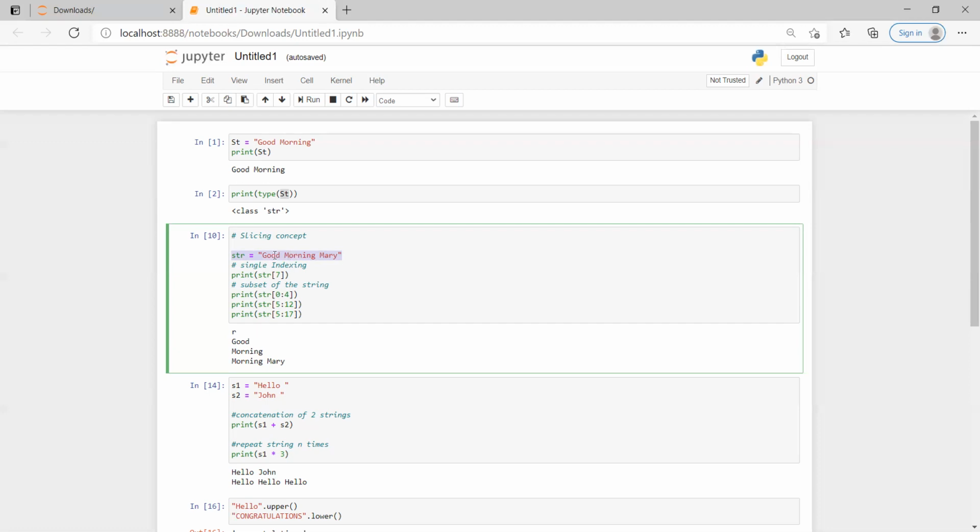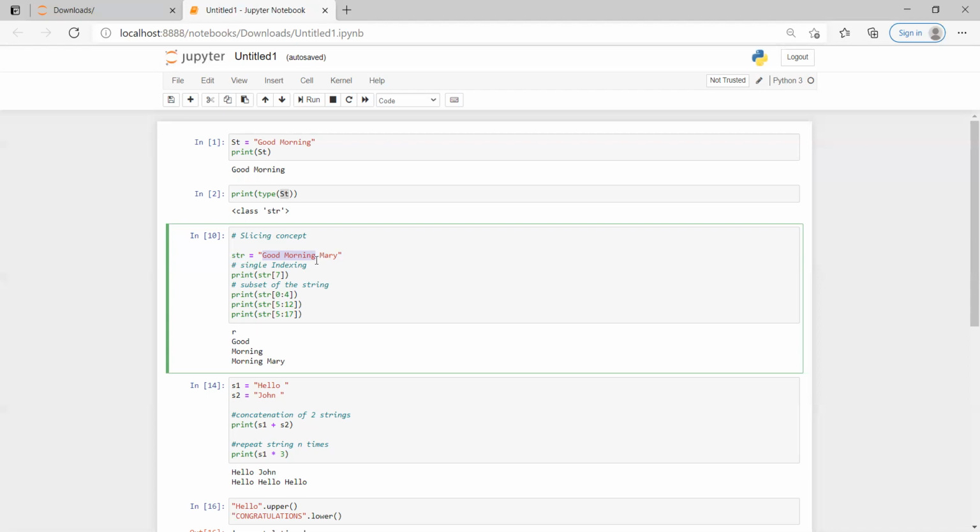When we look at indexing, it always starts with 0, then 1. If you see here, this one is 0, 1, 2, 3, 4, 5, 6, 7, 8, 9, 10, 11. So indexing starts with 0. Even a space is considered as an index in the string concept.